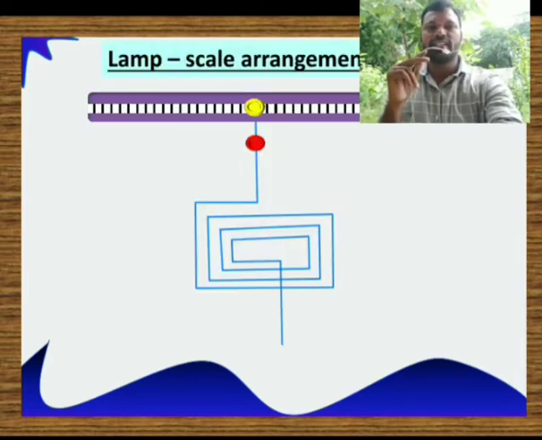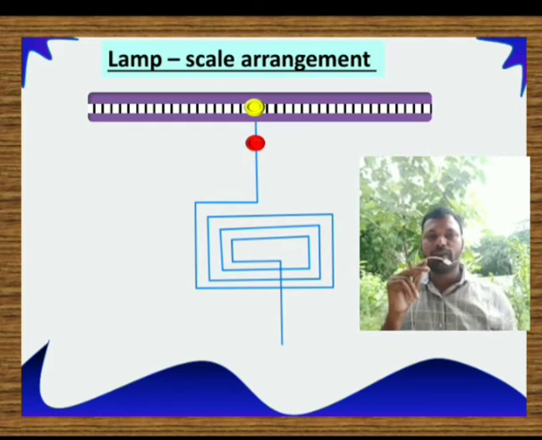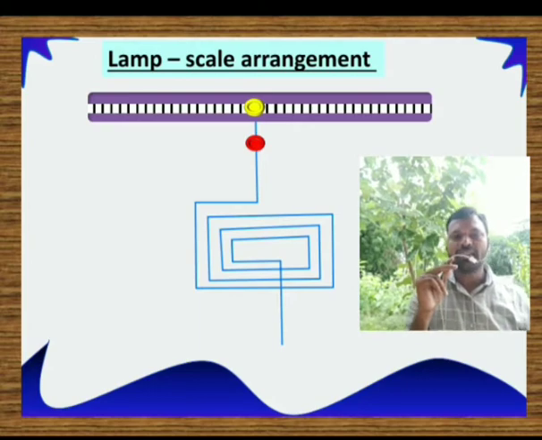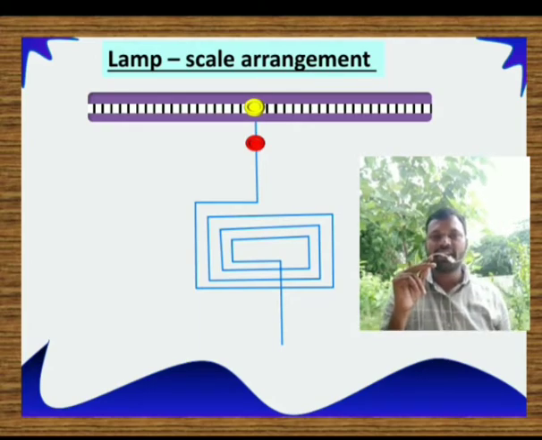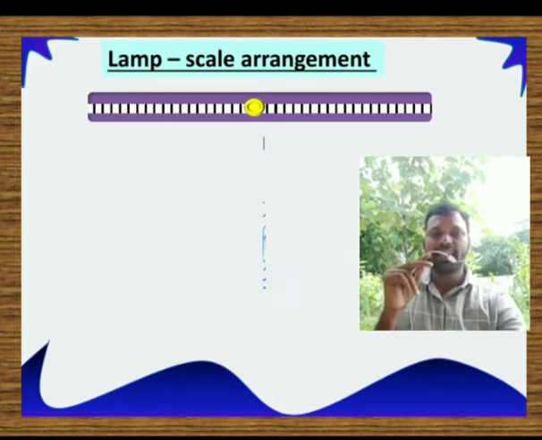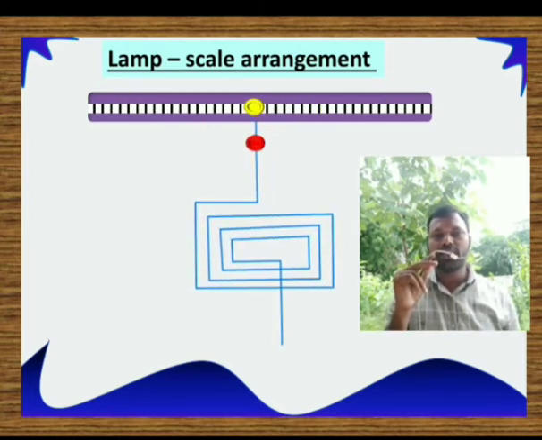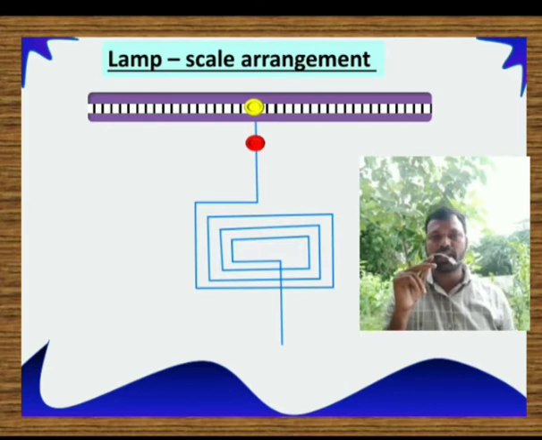Now see here, this is my lamp scale arrangement. The red color mirror is my original mirror, and on top of that the lamp scale is there, which contains measuring numbers. Now the yellow color mirror is the image of my original mirror. When this rectangular coil starts oscillating, along with the coil, the mirror also oscillates because it is connected to the coil. When the mirror oscillates, the image in the lamp scale arrangement also oscillates in this way, right?